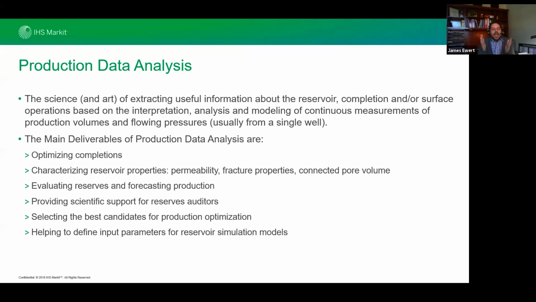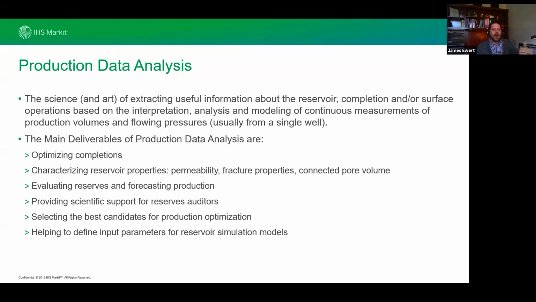Now, why do we do production data analysis? Why is it important? It helps us optimize our completions. If you can take your data and understand it, you can start to compare wells with each other. And you can say, well, these wells did quite well. These wells over here, they didn't do very well. I wonder why. And you can dig down and see whether it was the type of completion that was done. Maybe it's the company. All of these different things can be considered, because the more you do the great things more and the bad things less, you're going to save a lot of money and be more profitable.